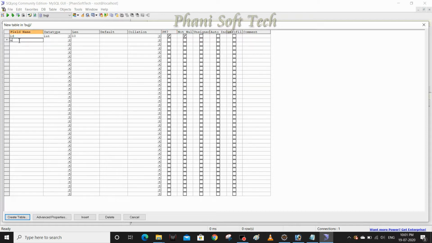The second one is the person name, person underscore name, which is a varchar, and I'm going to give 30 as the size. The third one is place, varchar.